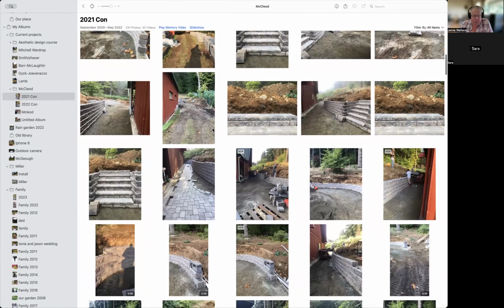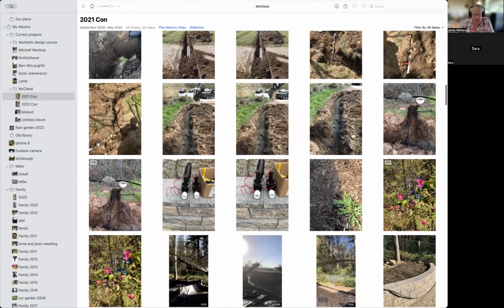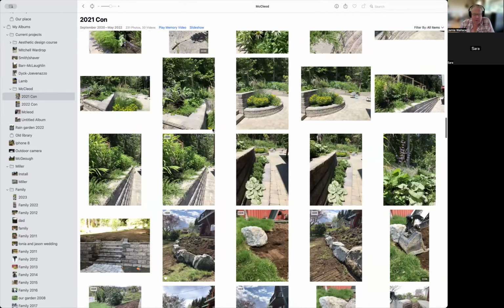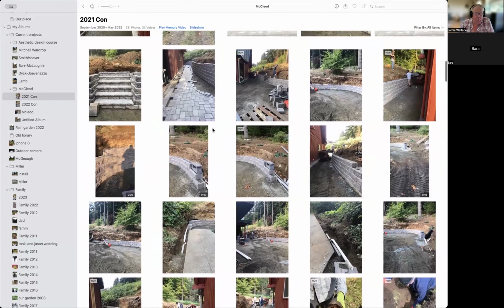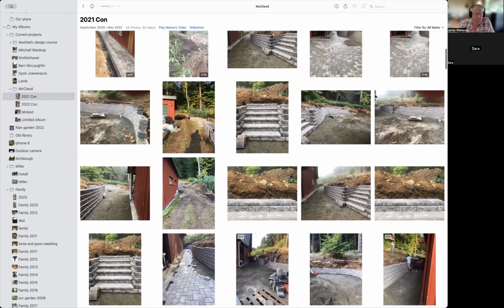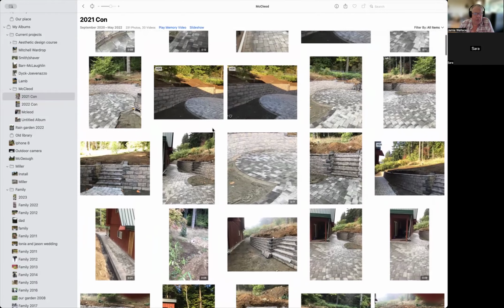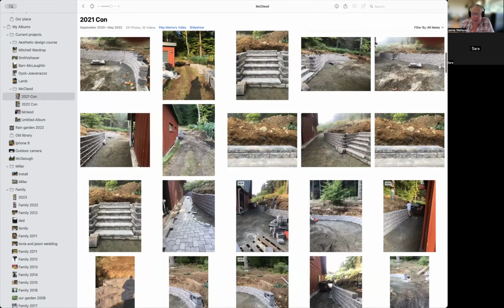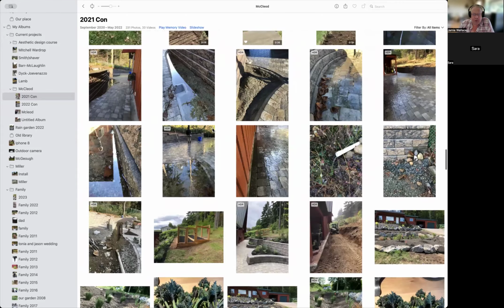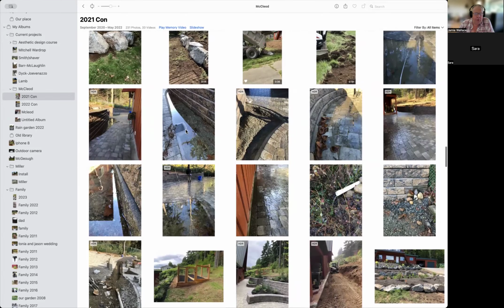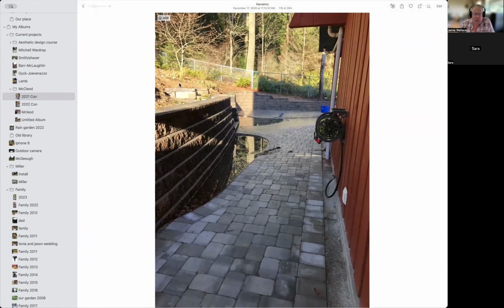And just before Christmas, we got a call. I'll try and find the picture here. Sorry, I'm scrolling like crazy, but there was a mistake done with the retaining wall drainage. So this area flooded during a high rain. There we go. During a high rainfall event, and we were taking a break just before Christmas and got a call